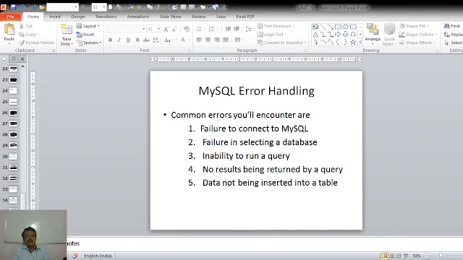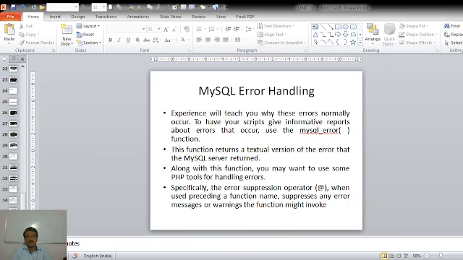Or another common error is that data is not being inserted into the table. Even though we have written the insert statement, data will not be inserted into the table. So these are some of the common errors that we will encounter while working with the database.